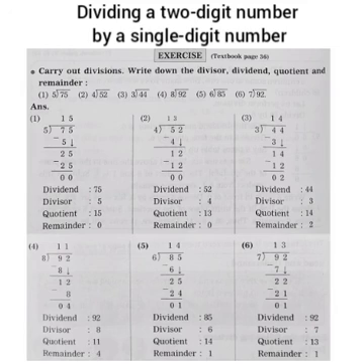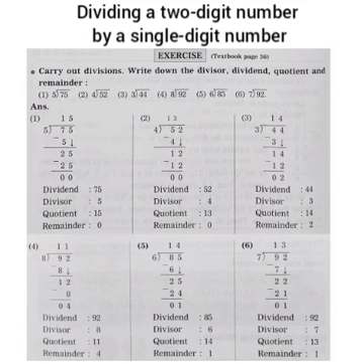Number 4. 92 divided by 8. 92 means 9 tens 2 units. 8 ones are 8. Subtract 8 from 9. 9 minus 8 is equal to 1. Then take 2 units from above. It makes 12. 8 ones are 8. 12 minus 8 is equal to 4. Dividend 92. Divisor 8. Quotient 11 and remainder 4.